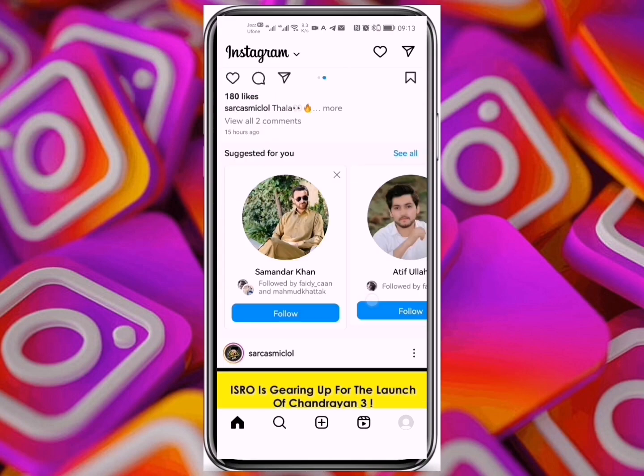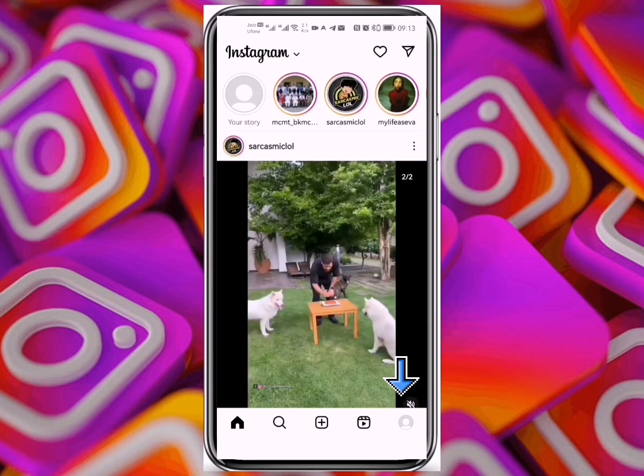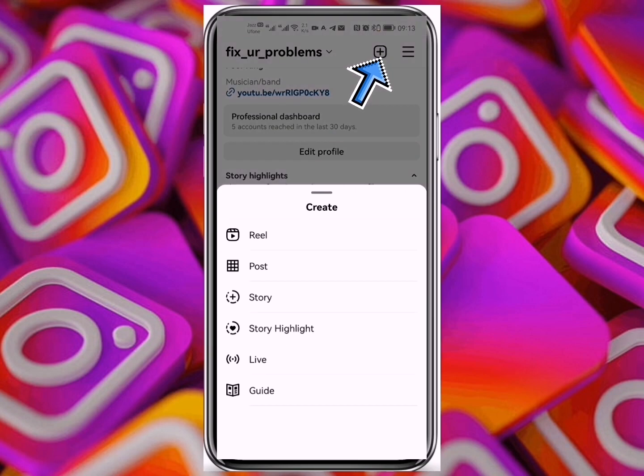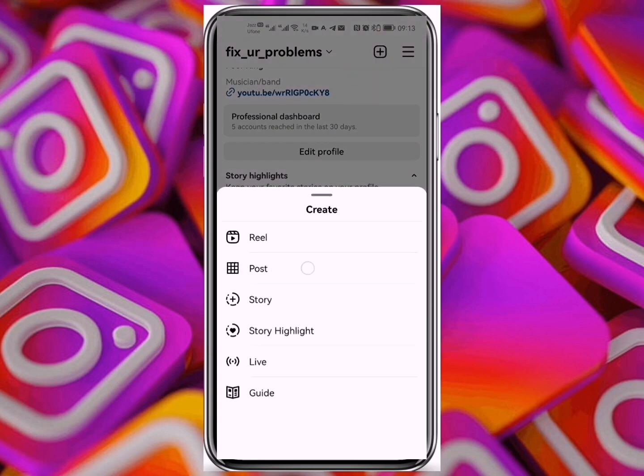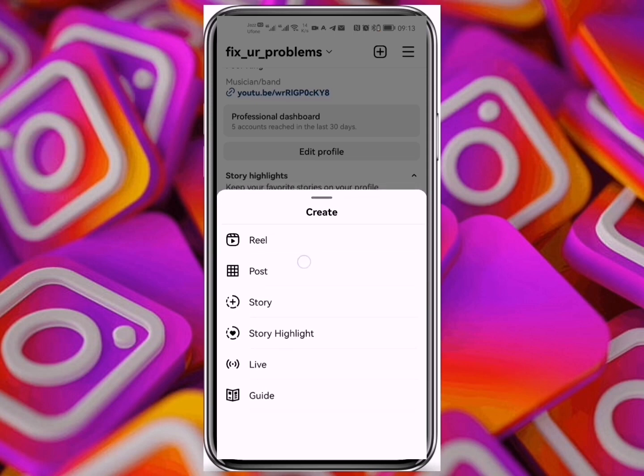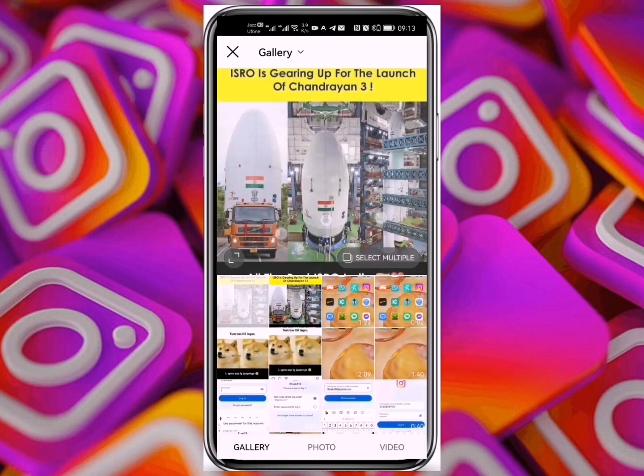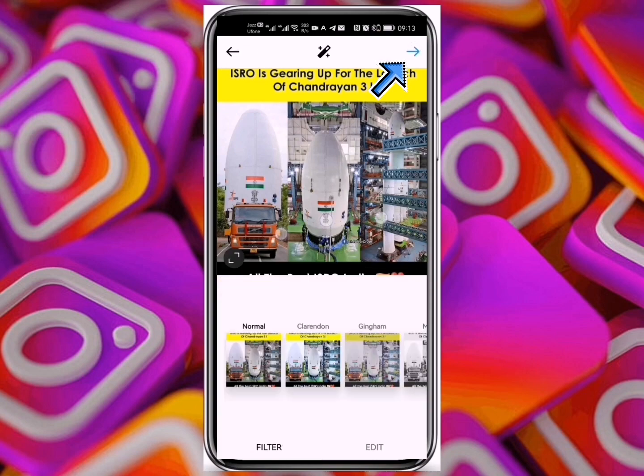Go to your profile and click on the plus icon. You see several options: reels, post, story, highlight. So you have to click on the post, upload the screenshot you edited, and click on the arrow option at the top right,